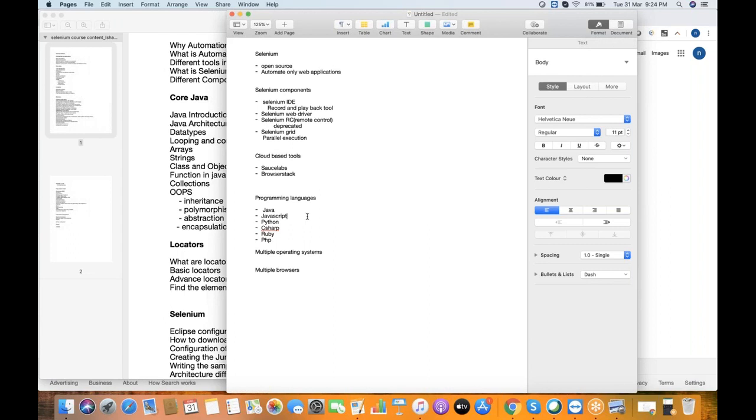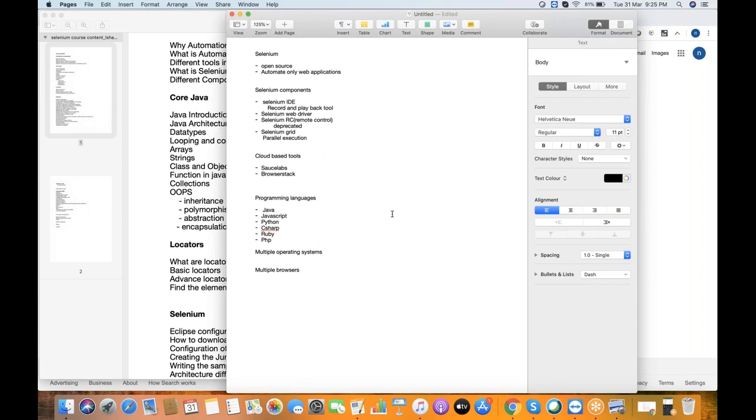When we execute a script, suppose we are automating the login scenario and the application is based on Angular. We enter the username, enter the password, and click on the login button, right?